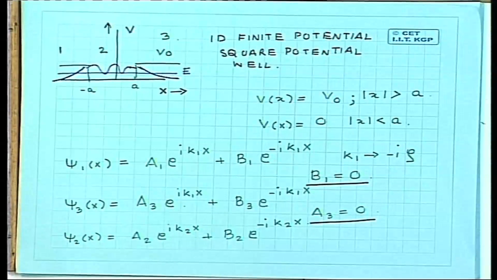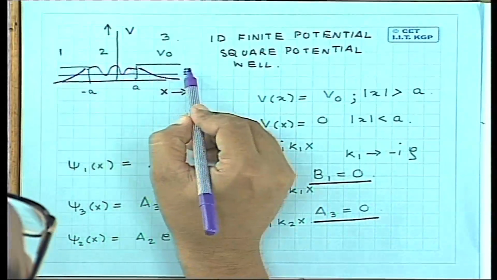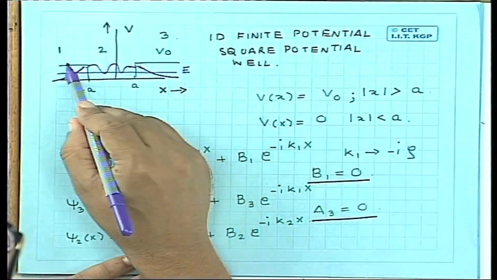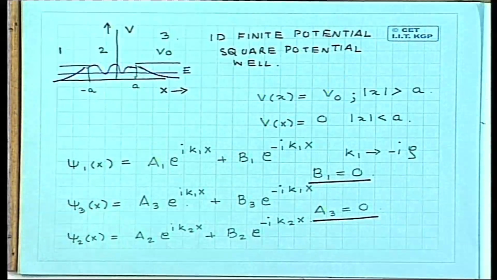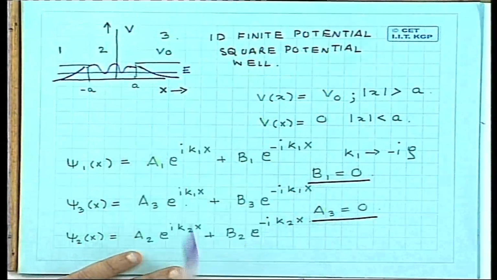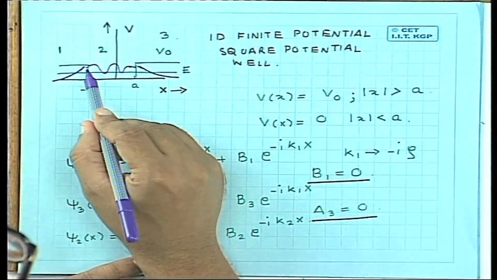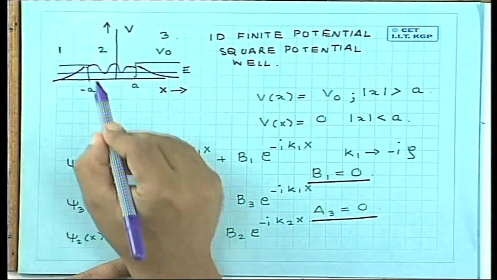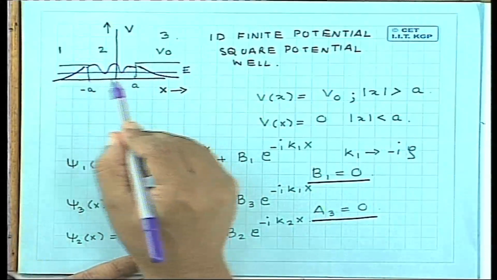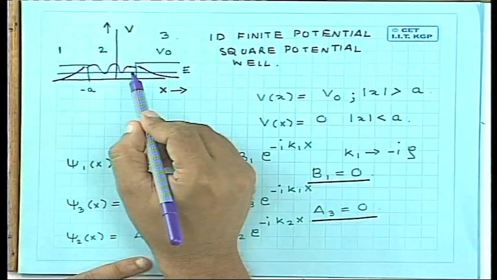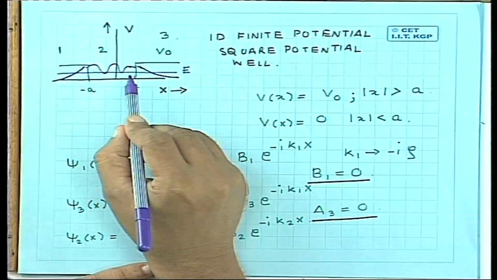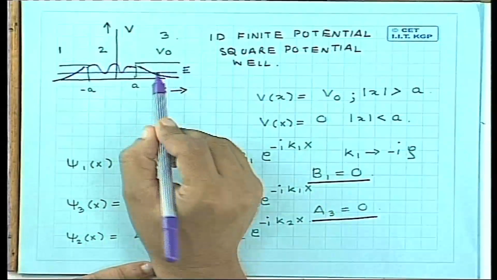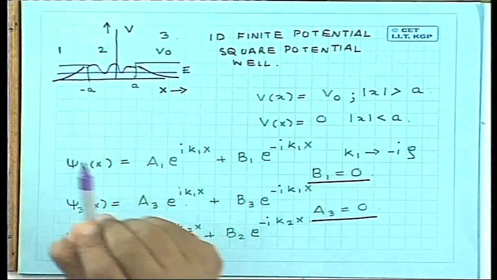And we want to study a situation where there is a particle whose energy E is less than the value of the potential V naught. So classically, a particle with energy E would be restricted to lie in the range minus A to A. It would just bounce back and forth, because classically it would not have sufficient energy to move on to any region of x outside A or beyond minus A.